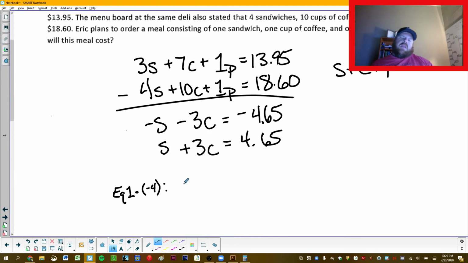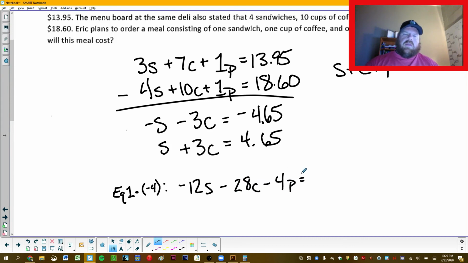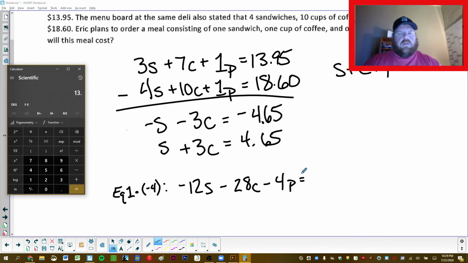I'm going to get negative 12 sandwiches, minus 28 cups of coffee, minus 4 pieces of pie, and that's going to be, multiplying $13.95 by negative 4,